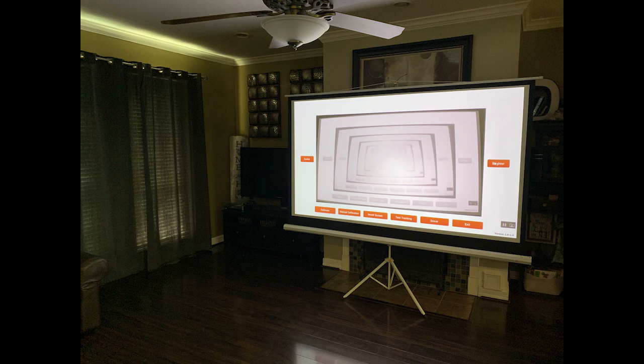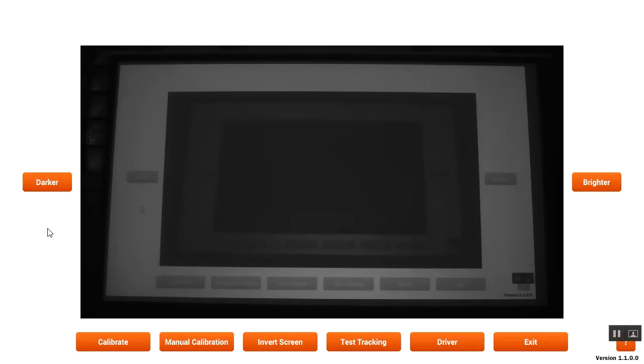Now we're going to talk about having shiny objects or other light sources in the screen or in the camera's view. So I'm going to go ahead, I've got a TV off to the left here. I'm going to go ahead and turn that on. Okay, now I've got my TV on, which is to the left of the screen, and you can see here